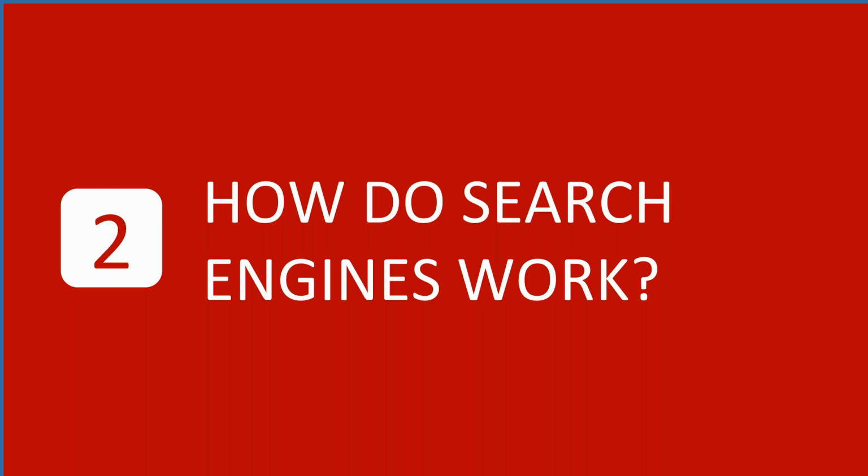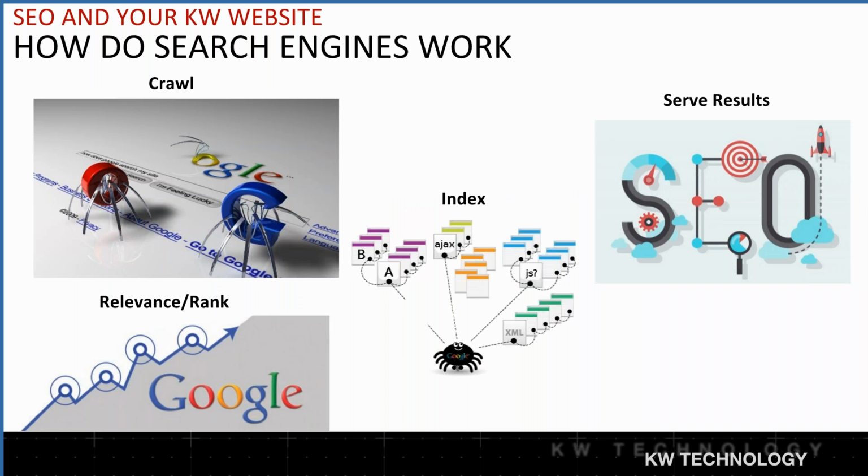So how do search engines work? Well, they do 4 things, right? Search engines have 4 basic functions. They crawl, they build an index, they calculate relevancy and rankings, and then they serve results. They scour your website. Literally, these guys crawl all throughout the website. They pick up a lot of text. They pick up a bunch of other data, as we showed you before. They pick up how pages are relevant to other pages. In some cases, all of the media available on the page, it captures as well.